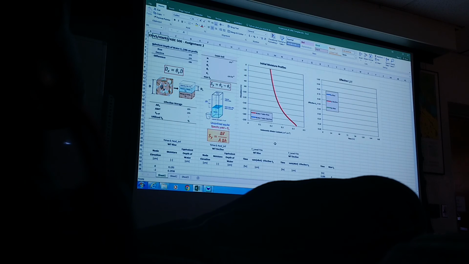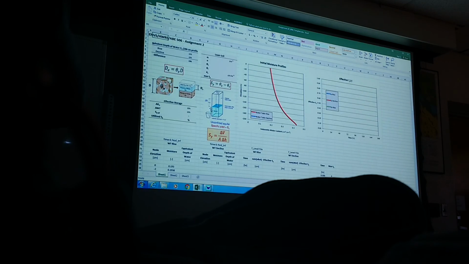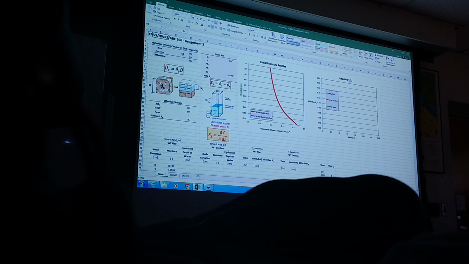They already set this up so that it immediately plots the moisture distribution. So in this graph, you see it goes from low moisture content at the surface to saturated moisture content at the bottom. Then we want to calculate the equivalent depth immediately, because we want to know the depth of water based on the moisture distribution that is stored in this profile. So we have 2 centimeter increments, and for those 2 centimeter increments,